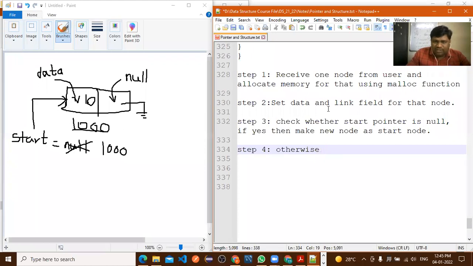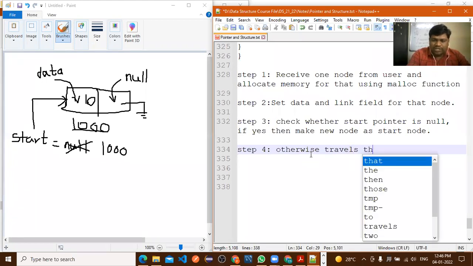Now you can check whether the start pointer is null. Is the start pointer null here? No, sir. No. In that case, what are you doing? If the start pointer is not null, then otherwise travel through the list,